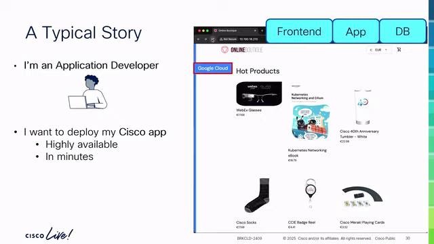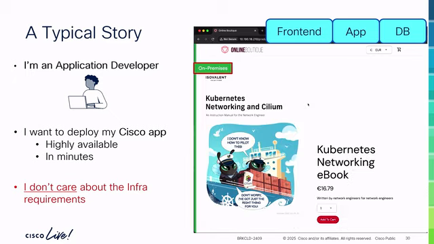This application is exactly the same we showed at the beginning, right? Or could be anything, but this is our example. And in general, I couldn't care less about the infra requirements. Again, I just want my application. Obviously, I'm willing to help the team, but I'm just going to go to the shop, buy the thing I need, and be out of there as soon as possible.